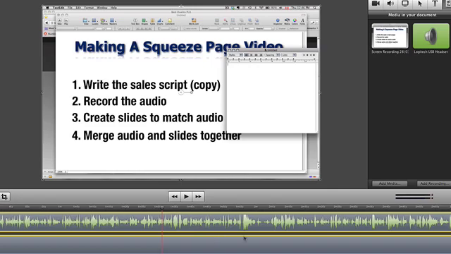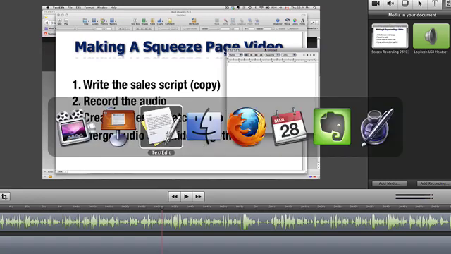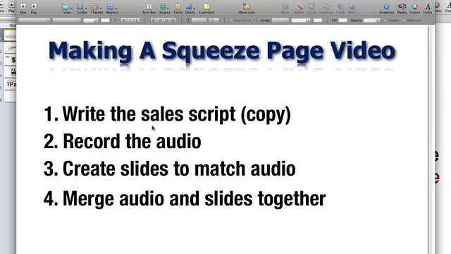Again, these are all little operations within the tool, whether ScreenFlow or Camtasia or whatever else you're using, that you just have to fiddle around with and get used to. But the main thing is these 4 things that I've shown you already. Whatever tools you decide to use, that is essentially how I make animated videos, whether they're squeeze page videos